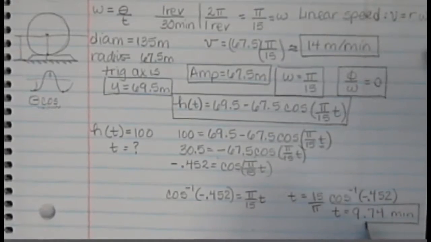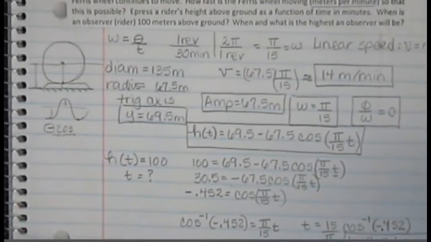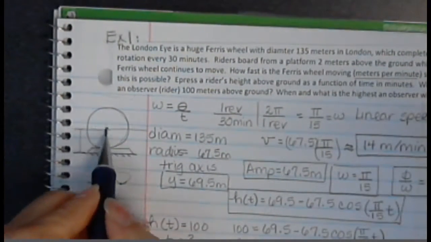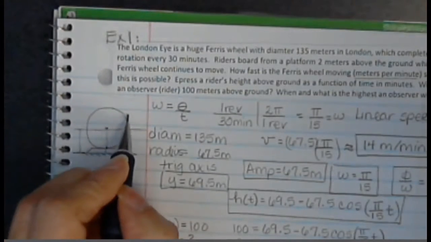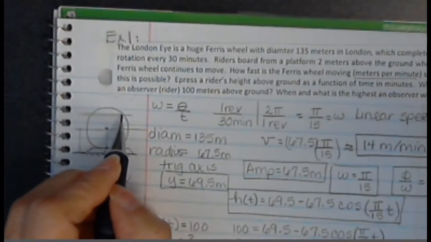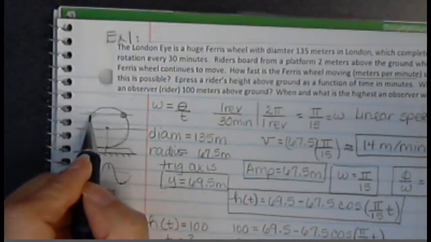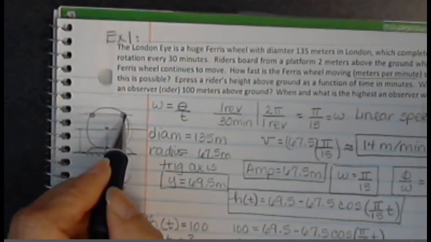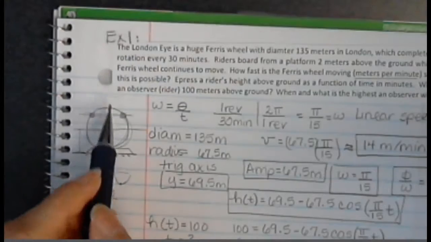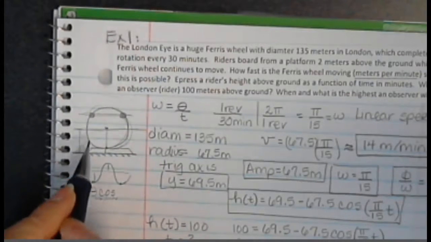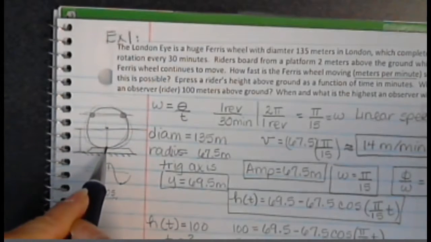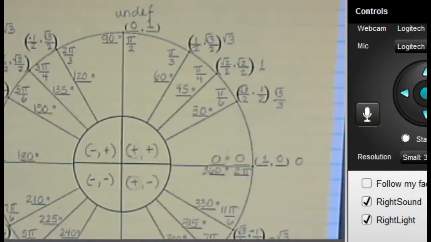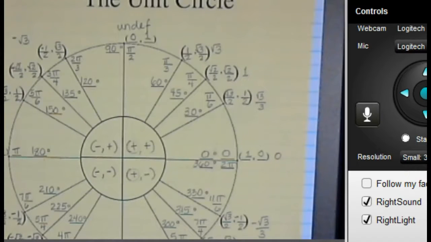So we know it does that, but let's take a look again at our graph or our picture of our Ferris wheel. Notice we have this one at 69.5, so 100 must be up here somewhere. But notice it happens once here and once over here. So it took us 9.74 minutes, about 10 minutes to get up to here. And then we did some more time up here, and then we know it's going to take us about 10 minutes to come back down. Before looking for the other time slot, let me go back to our circle,